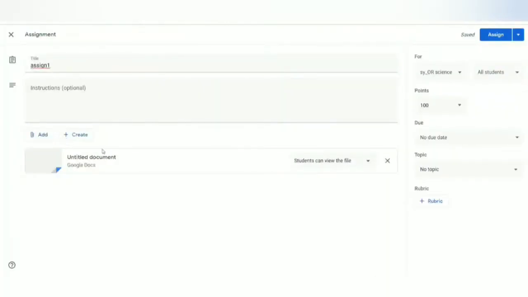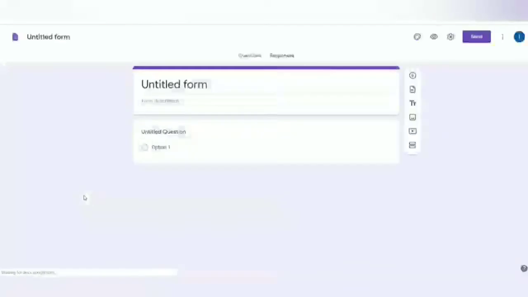Or similarly, you have other options also. You can just explore these options one by one. Slides means you can have PPT presentations, you can have Excel sheets for statistics, then drawings and forms. So Google Forms also I think you can make, and you can create Google Forms here. Yes, creating Google Forms.